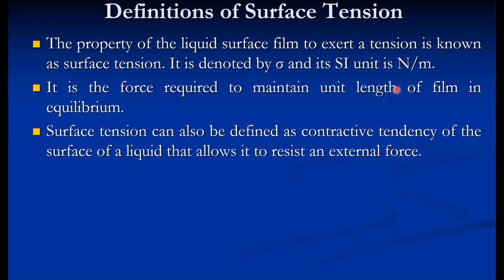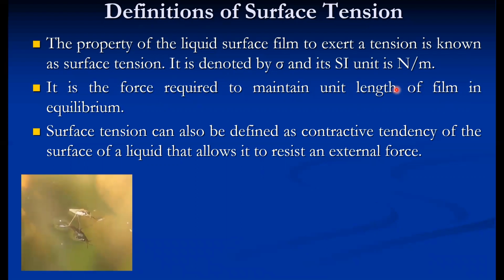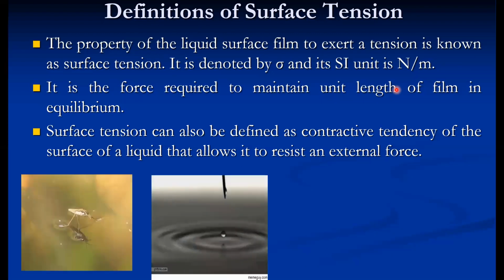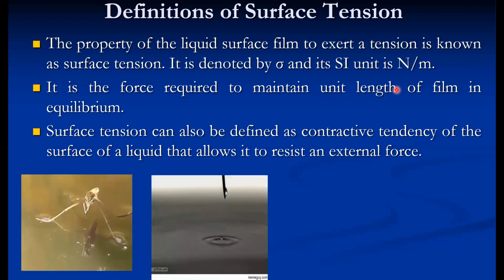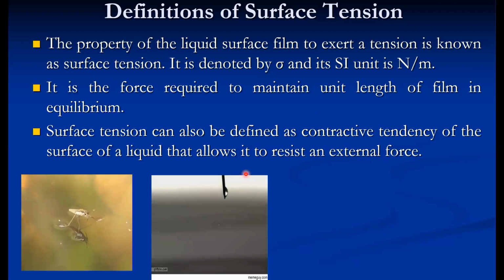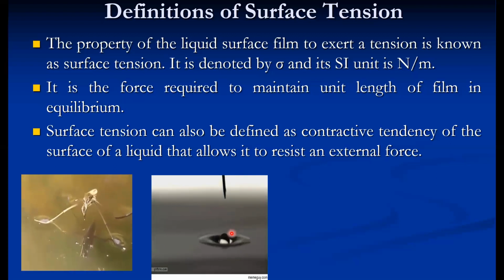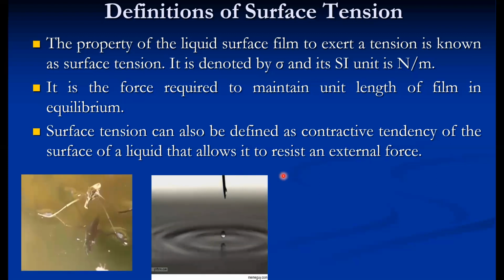That's why we find most of these natural occurrences. For example, because of the tension of the film, the ant or needle we have already seen can walk on the liquid surface, because that surface is in tension. The formation of a droplet: because of this contractive tendency, when the droplet is released from this particular stem, it takes the form of a sphere, and that is because of the contractive tendency of the surface of the liquid.